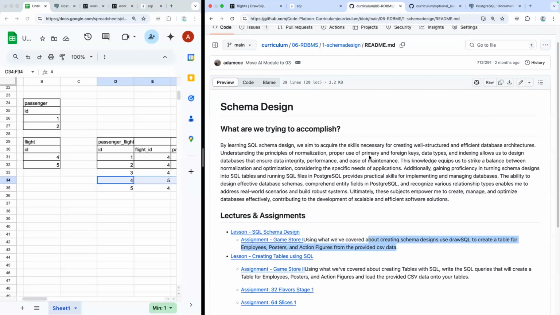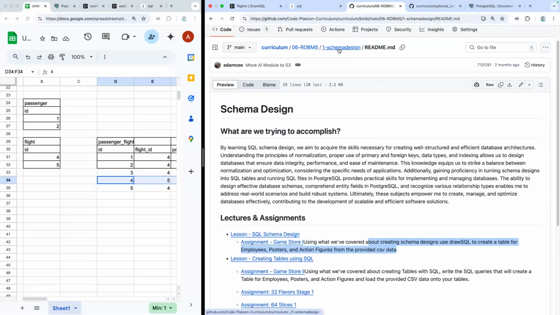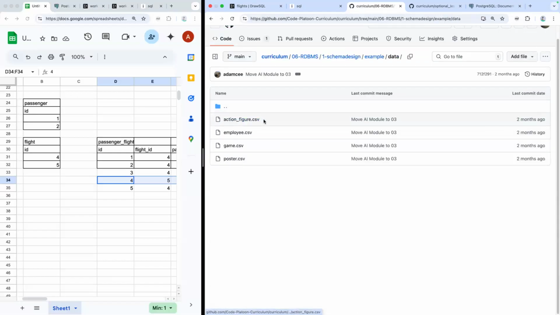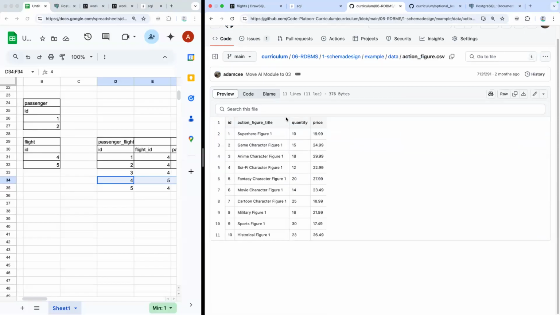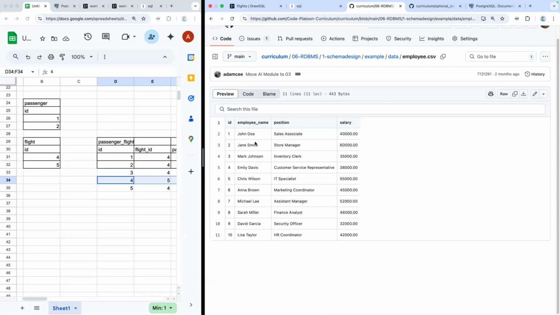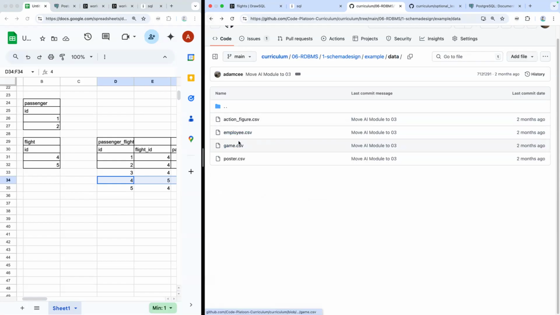So if you look, it's a little hidden, but if you look here in example and data for today's lesson, we can see some CSV files. When we come back after you all have worked on this for a bit, we'll actually see how to import all this stuff and run the SQL to work with it. But you can see here information about action figures. So as you're designing your action figure table, you should take this into account to figure out your column names and types, right? And you can see there's employees, they've got salaries,